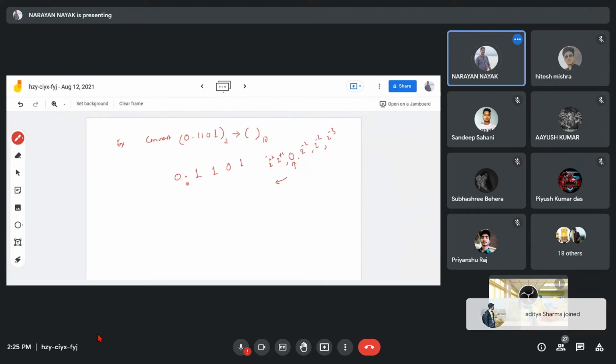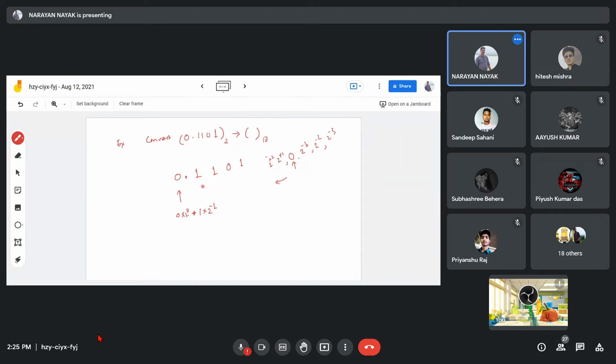Now here the 0, it is a 0. Okay. So what I have to consider? 0 into 2 to power 0. Okay. Now this is a decimal point. Understood? Plus 0 into 2 to power 0 plus this point. This is a decimal point after. So decimal point after means what you have to consider? 2 to power minus 1. I mean 1 into 2 to power minus 1.